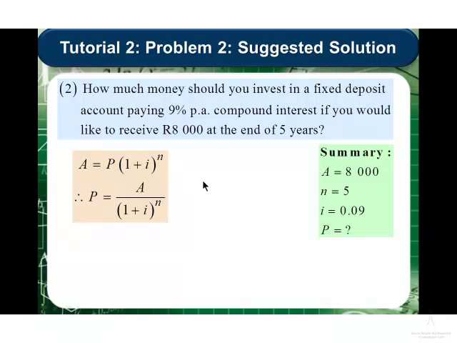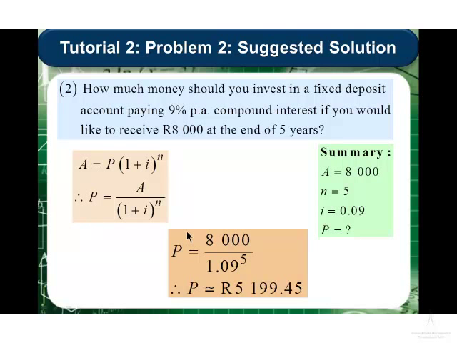However, you will have to rearrange this formula, since we have in this case available the accrued amount, 8,000 Rand, the period of the investment, n is equal to 5 years, and of course the interest rate per annum, i is equal to 0.09 from our given interest rate per annum. We have to find the principal amount in this case. So rearranging, making P the subject of the formula,